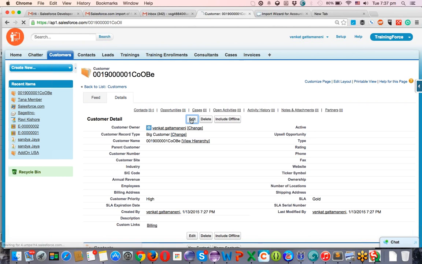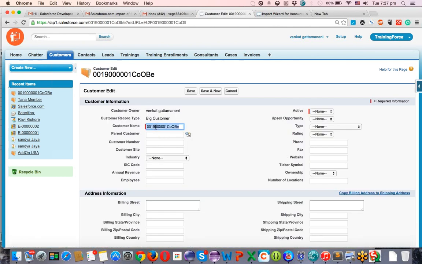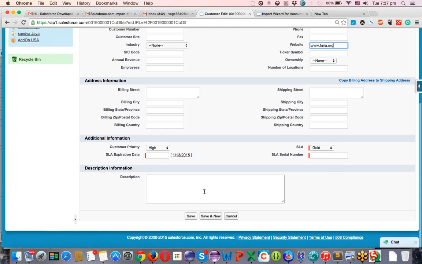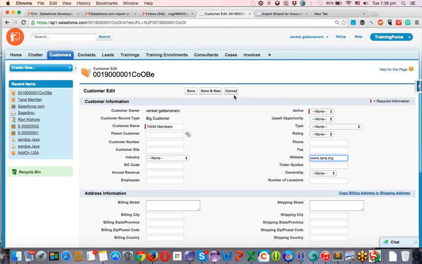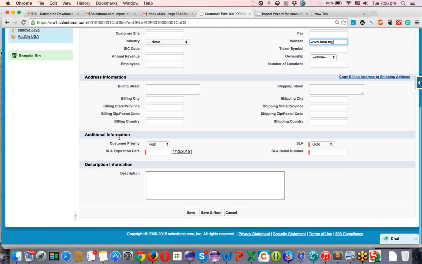Let's do one thing. I'm clicking on edit. I'm clicking on Tana members. I'm clicking on www.tana.org. You can do one thing. So you can automatically assign all these contacts with this by doing this. Anyway, you can do that